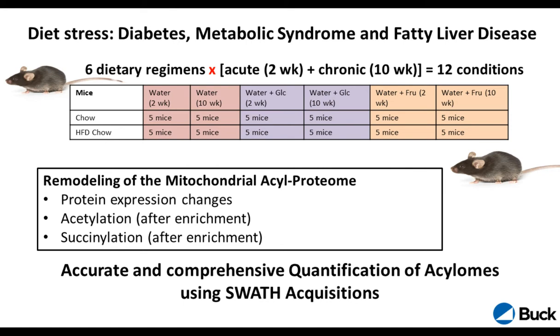So we had 6 dietary regimens: fructose, glucose, high fat, and then combinations thereof. And then 5 replicates for each of the conditions. So we had overall 60 samples, and so that was quite a large experiment here. So we would process everything with SWATH, and that was also quite nice because we would be comprehensive in the mass spec nature.